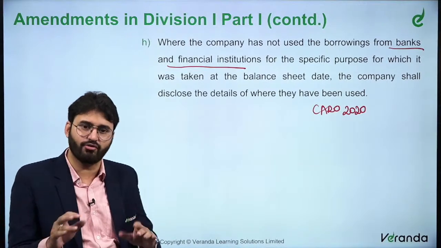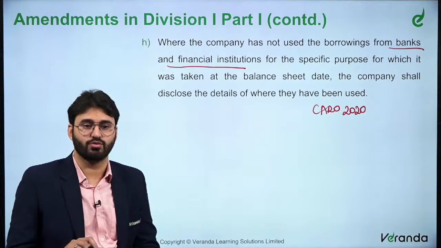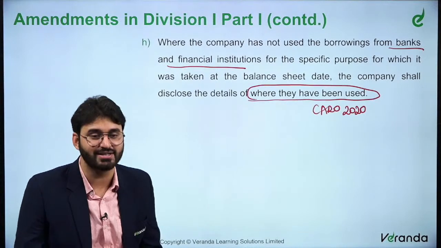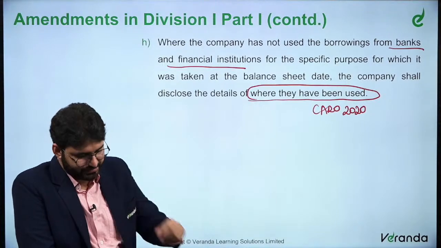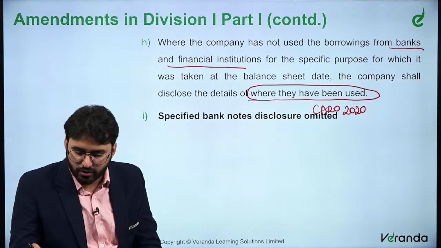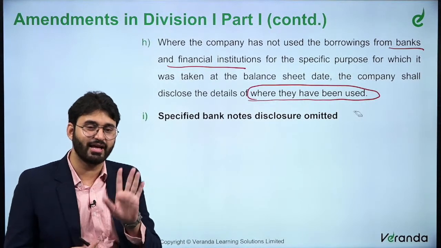So there is no specific format. It just says the company shall disclose the details of where they have been used. So the disclosure is on where you have used the funds. That is important, right? Now, specified bank note, if you remember earlier,